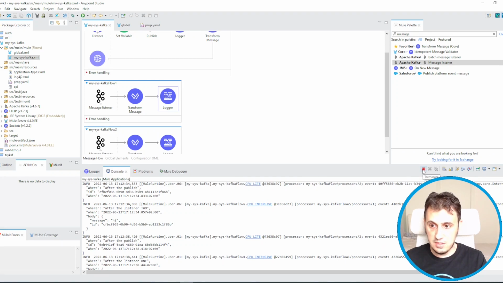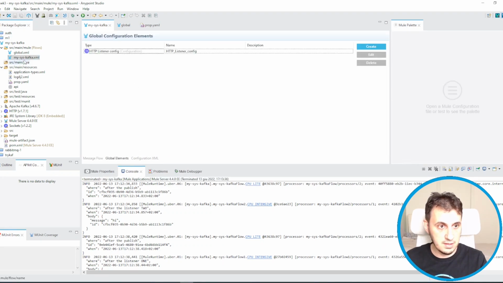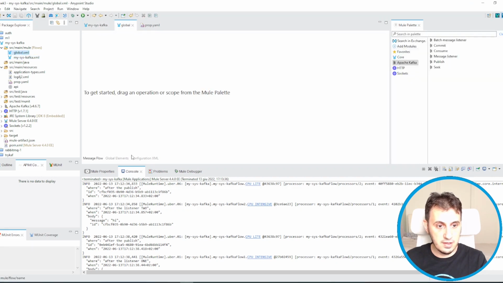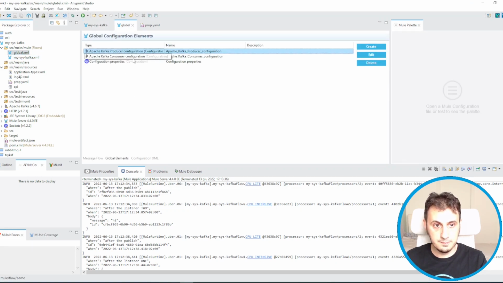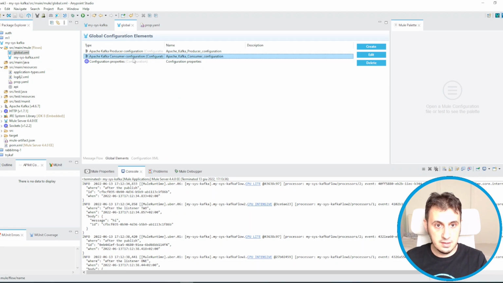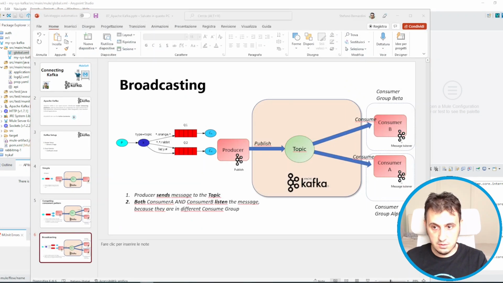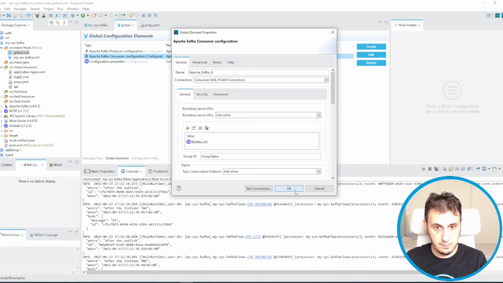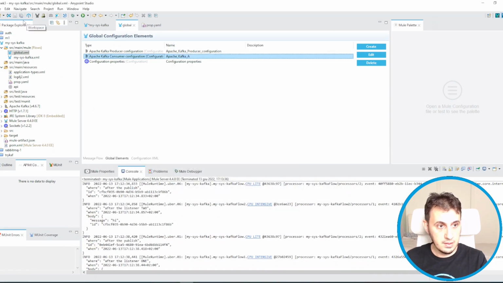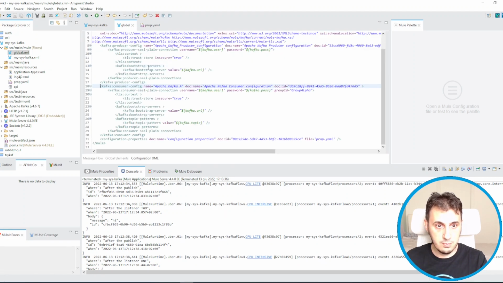In order to achieve this, I have to create another Kafka consumer. For example, I change the name. So this is consumer A, and I create also a consumer B. Maybe I can also copy and paste.